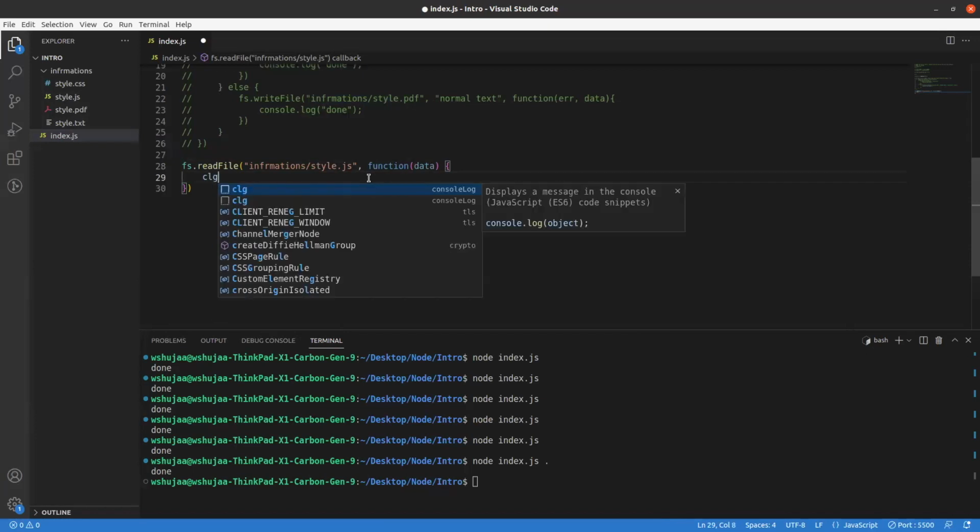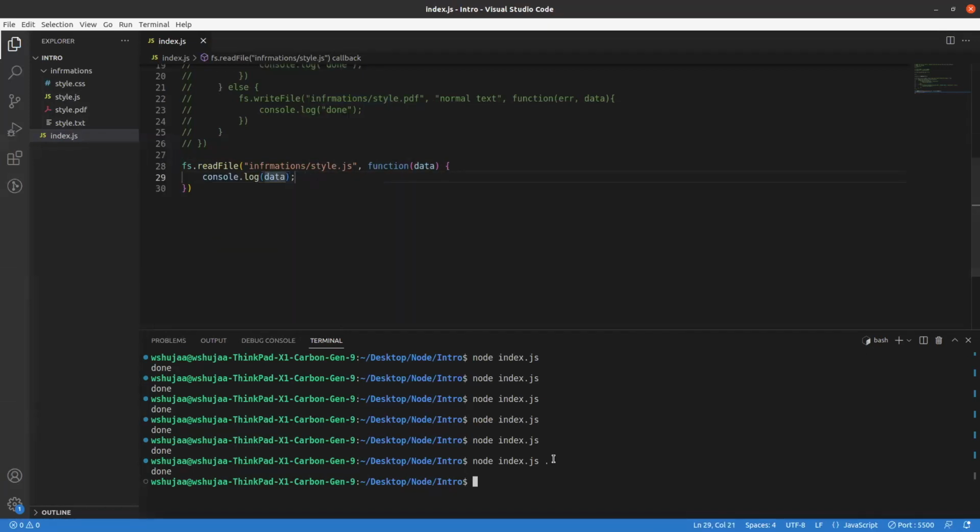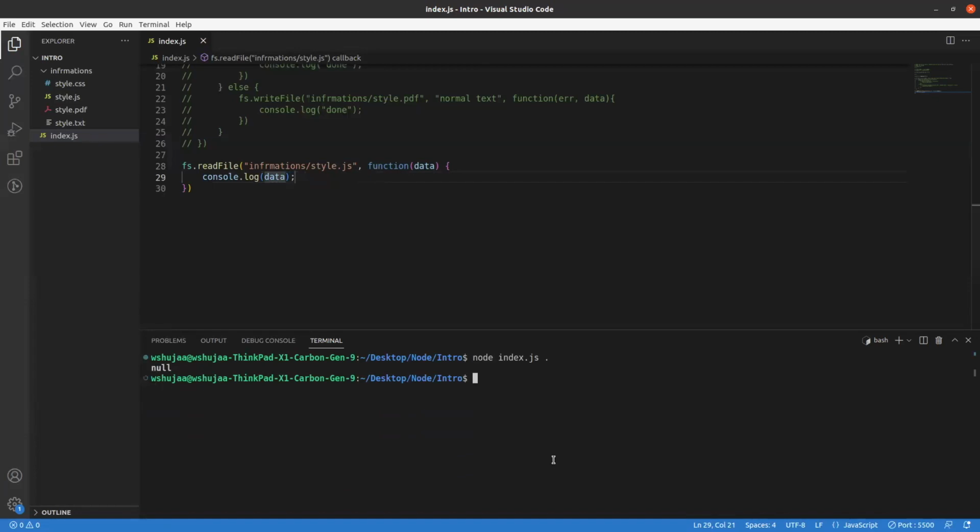And now when you write console.log data, let's clear the console and run, you see null. Why is it null? Because when you read a file, you should always expect two pieces of information: an error or data. I will console log the data. Because when I write just data, in this case it was understood as an error and there is no error. That's why it gives me null. But now I define something here called error. You can call it error or whatever you want. The name is not really important. The most important thing is that the data is always the second